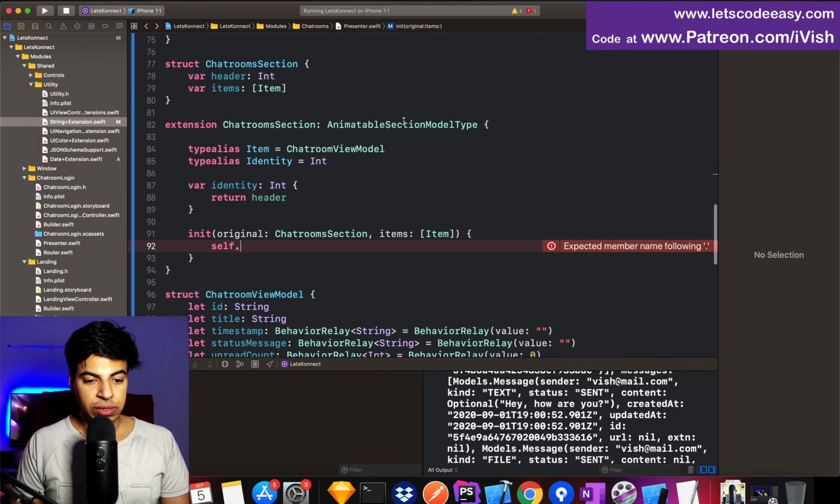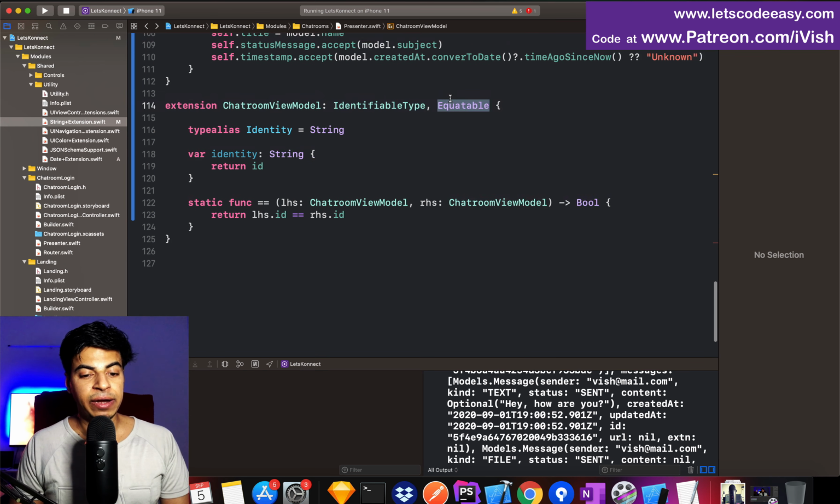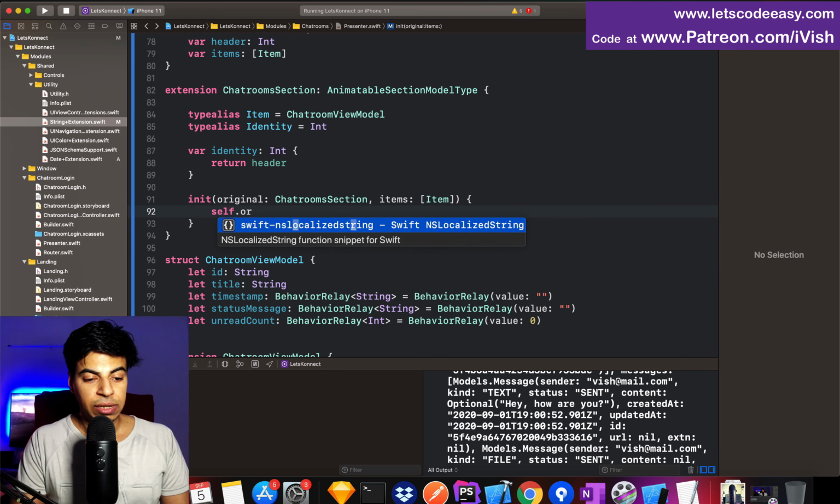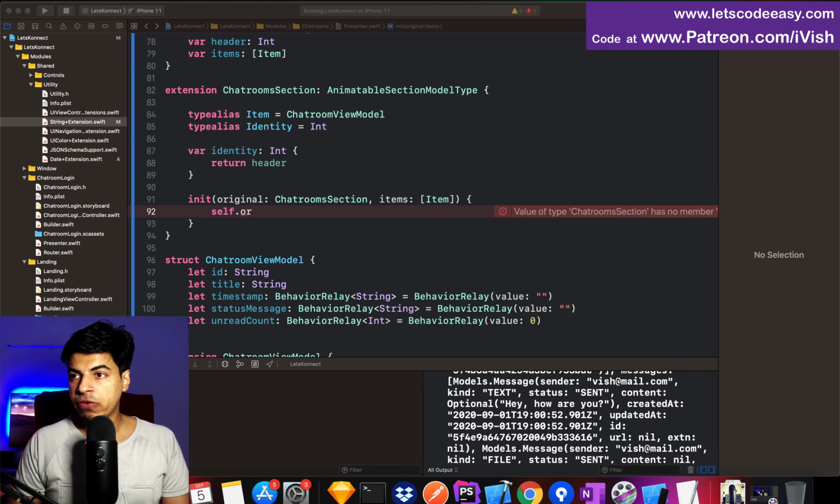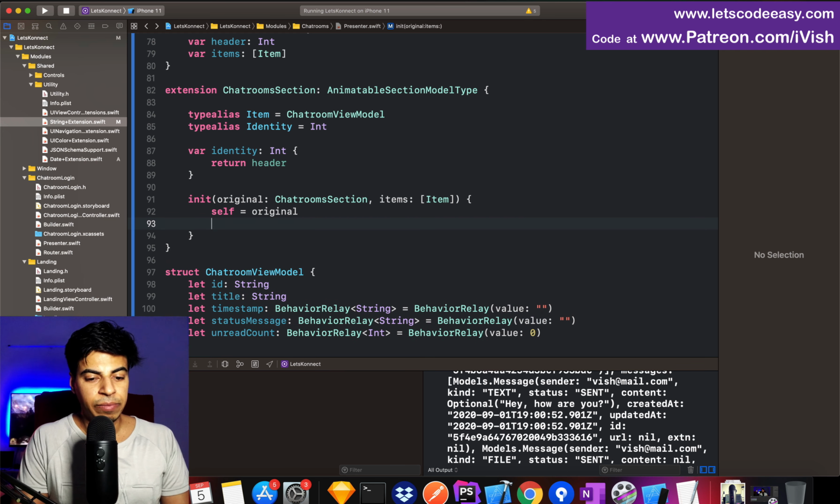So now this is animatable section model type. Whatever item that we had defined had to conform to identifiable type and equatable. So that's the reason it's not giving any more error. So let's do the implementation for the init. So self is the original. These are basic